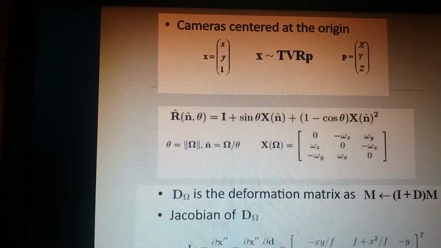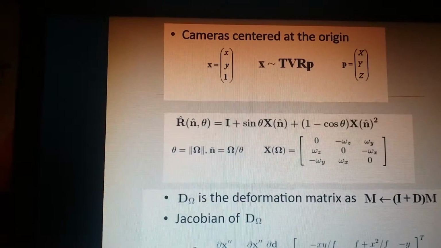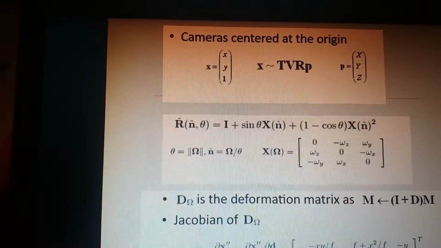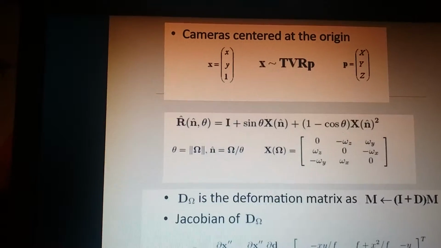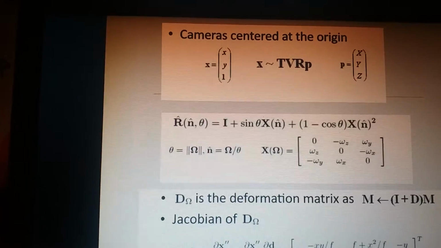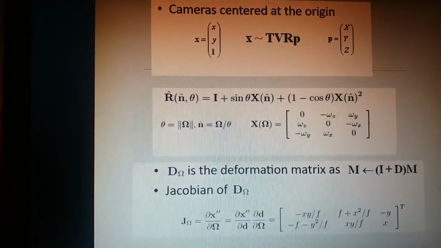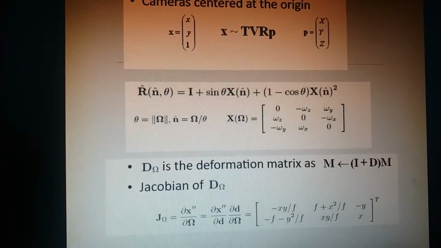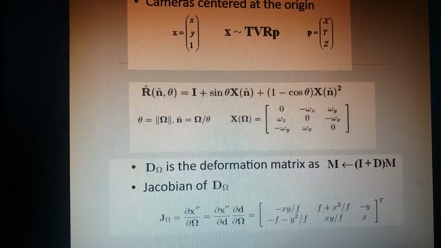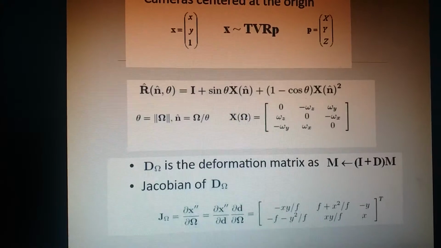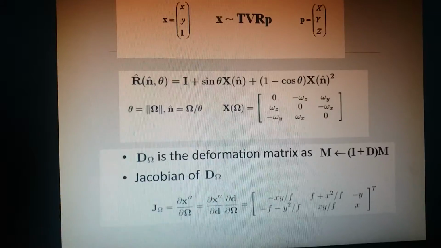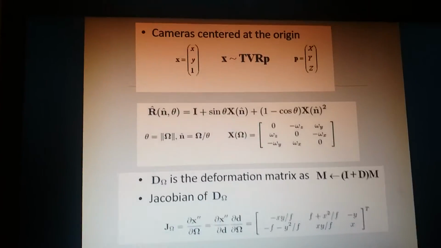As the camera is at the origin, we'll assume that cx and cy are equal to 0, so 0 0, and then we'll be making the calculations. Over here you can see for the deformation we'll also be using the iterative M is 1 plus dM, and we have calculated D over here, and you know the D matrix.